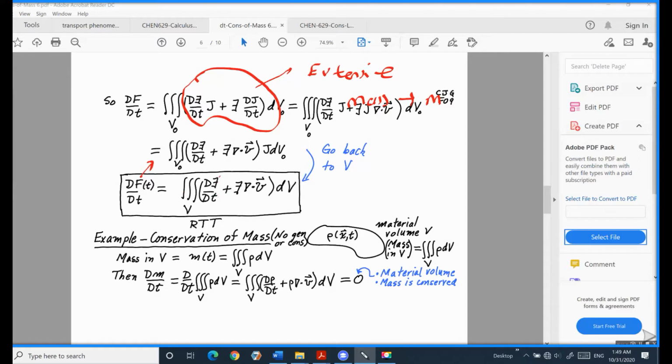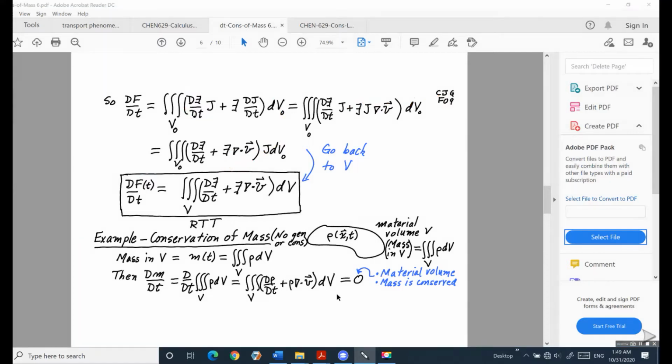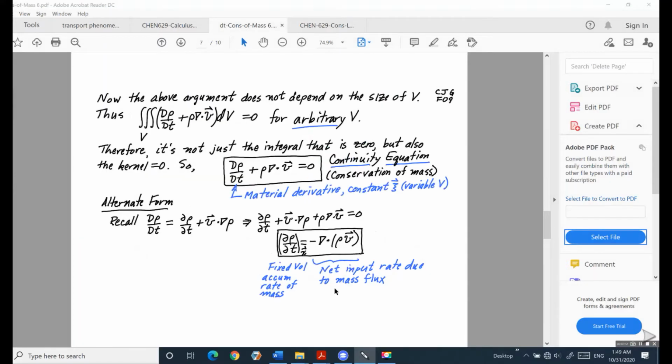Then we have this relation again. This is an intensive variable of your system, like rho density, and we obtain the Reynolds transport theorem. By using the Reynolds transport theorem, we get this important result, the continuity equation